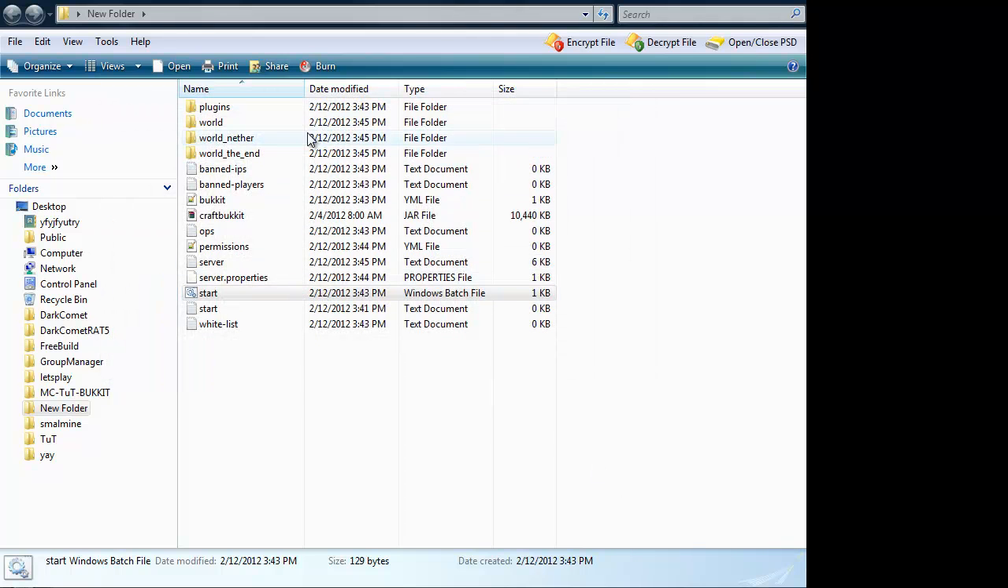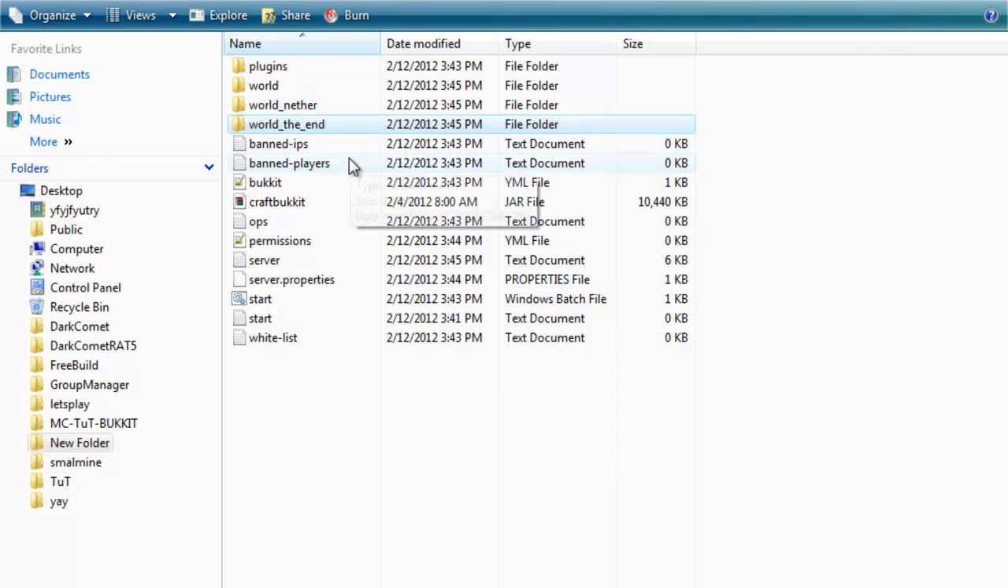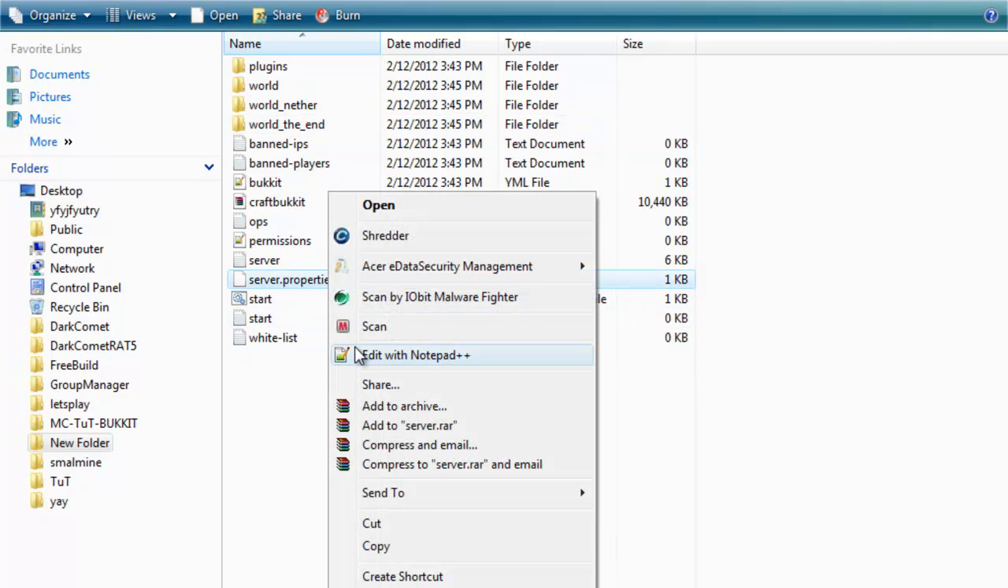Now, if you notice, it's produced quite a few files. The plugins folder, the worlds, banned players, banned IPs, bukkit.yml, auth, permissions, all of these you can pretty much ignore. But what you're going to want to do is go into server.properties, and you can either click